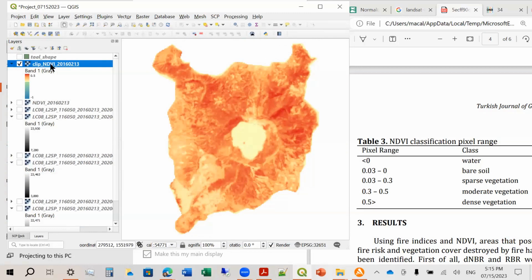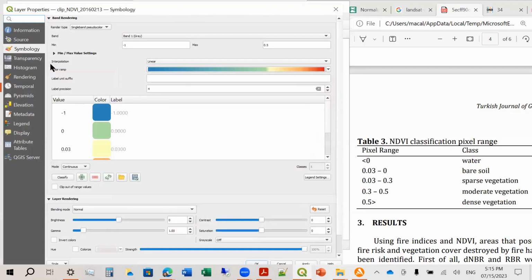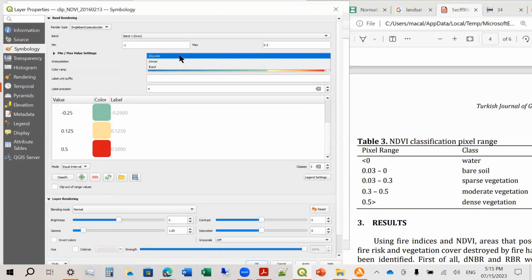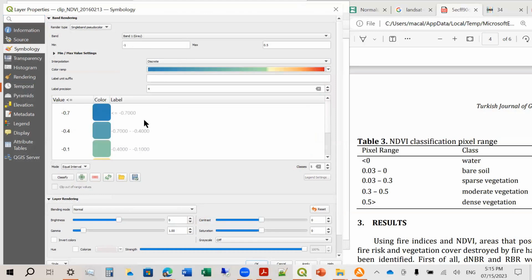Okay. Now we can make this a little bit, I don't know, we can make it equal interval, or let's say make it discrete. Ayan.